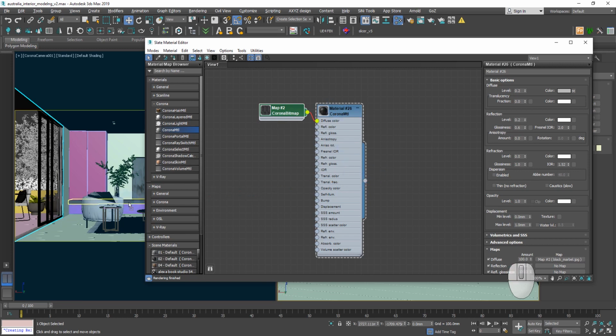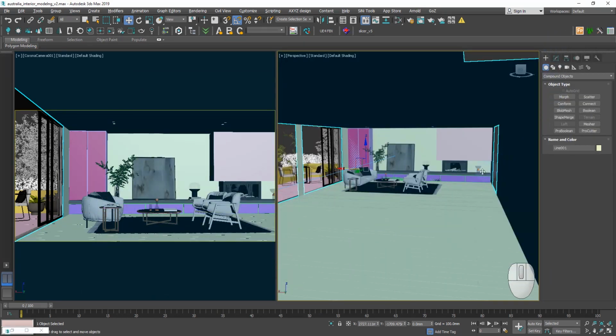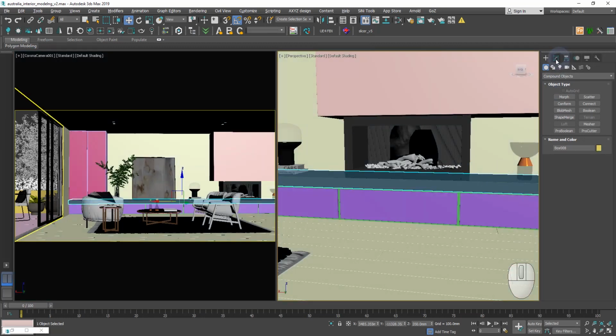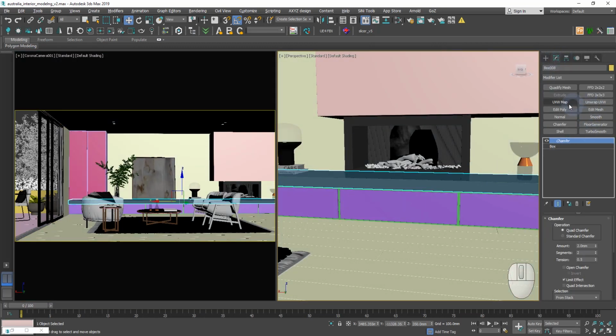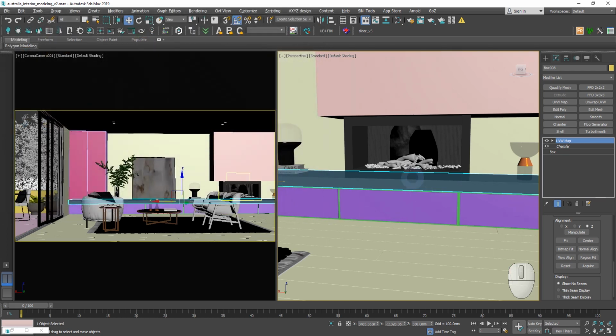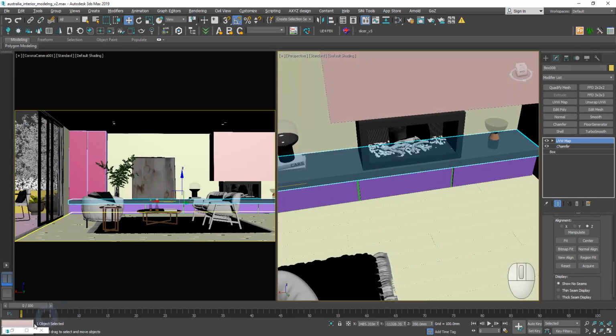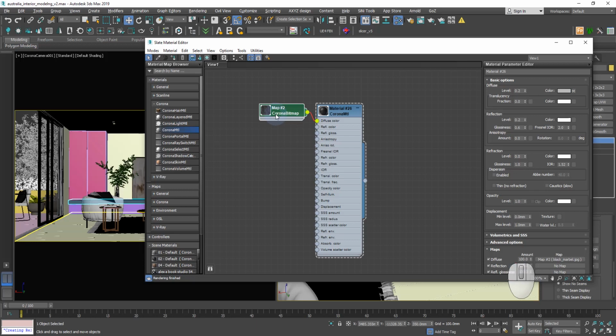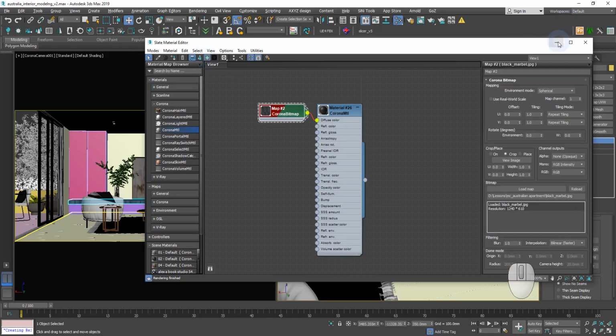Assign material. Select TV commode. Apply UVW map. Bitmap fit. Implant the scale using our picture. Display texture.